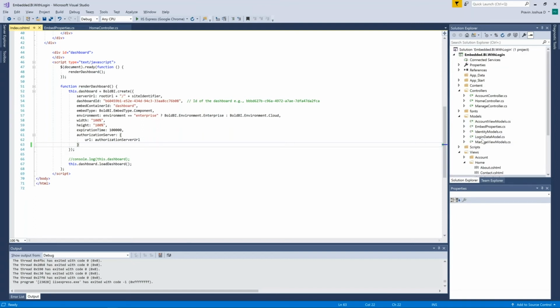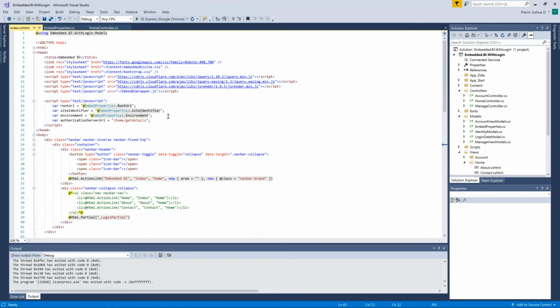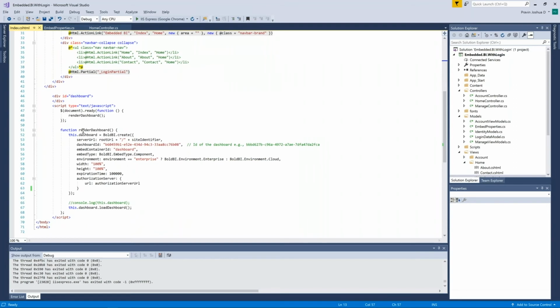This is a very simple MVC application, and you could see the HTML here. The embedded BA wrapper is also available in CDN, and as I said before, when you install Bolt BA embedded, it will also be shipped to you. You can also refer the script from the CDN that we have. To embed the dashboard in your application, you just need to include the render dashboard function, as you see here, which just includes the ID of your dashboard and how it's going to be embedded here.